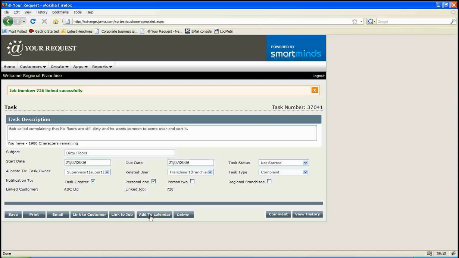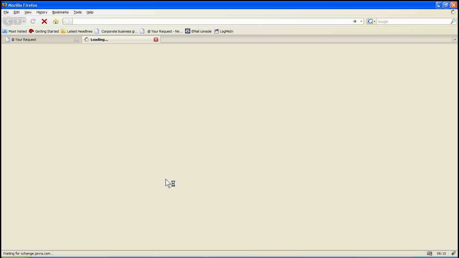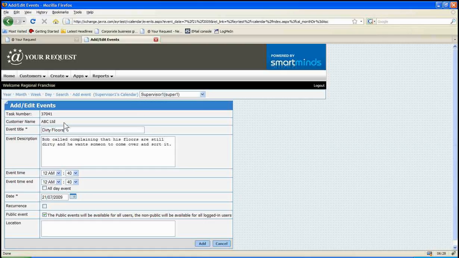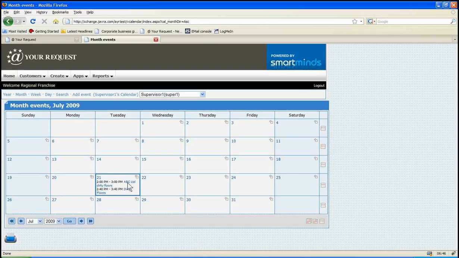You can also add a calendar entry directly from here. Now the great thing with adding a calendar entry directly from here is that it links back to this task. So for example, I'm just going to click on today's date, and remember I can actually select who I put the entry to, and then it actually brings everything across. So I can just say let's say 2 PM to 3 PM. You notice that there's a task number allocated to it. So if we add that,